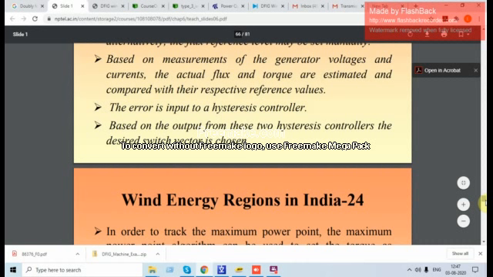So this will be processed by hysteresis controller or fuzzy logic controller. Through some controller they will be processed, and that will be utilized to create the switching pulses.